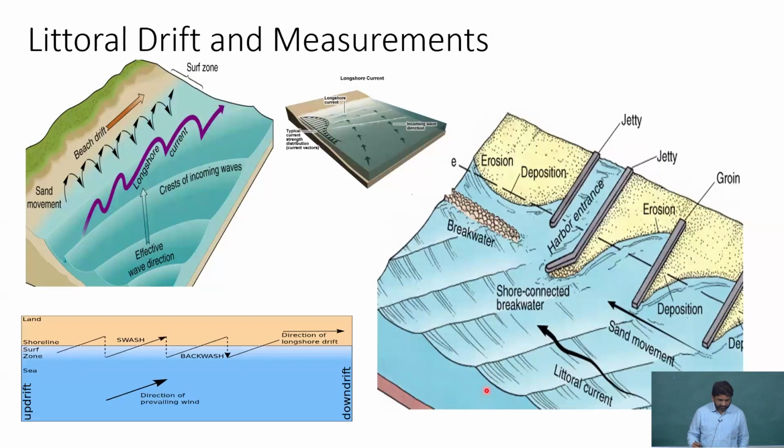Coming to the most important part, and also part of my research, littoral drift and its measurements form a very important aspect for people and students who are doing coastal modeling and research in this area. Whenever we are talking of coastal modeling, we are invariably trying to understand what is happening to the coast, and the major differentiator for the coast is the movement of sediment. It can move alongshore and it can also move up and down in a cross-shore manner. So we have different models that help us understand this,